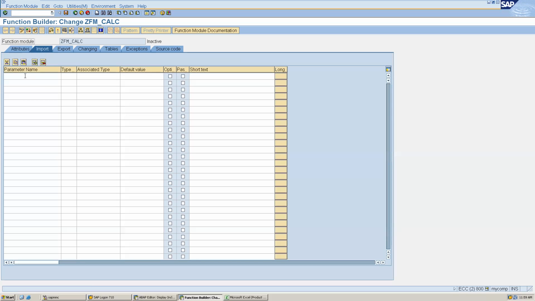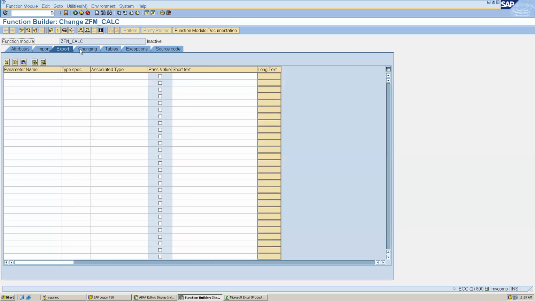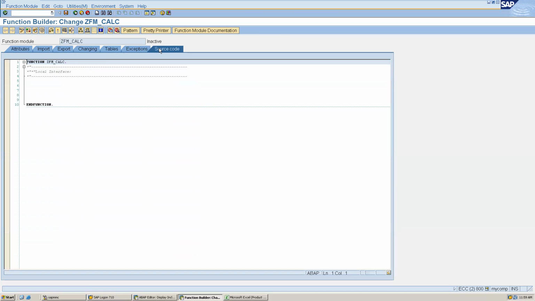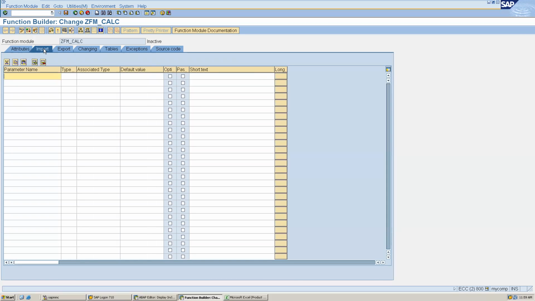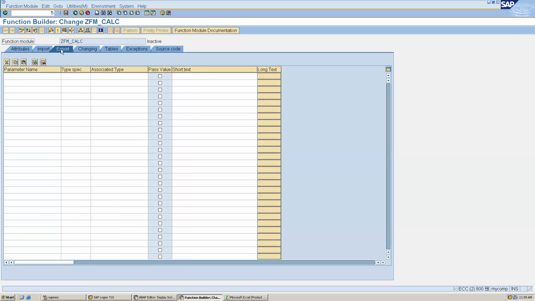Now I'm going to import. Here we have something called import, export, changing, tables, exception, and source code. Import is an input parameter to the function module. Export is an exporting parameter.